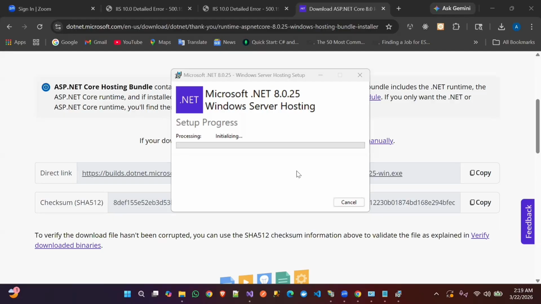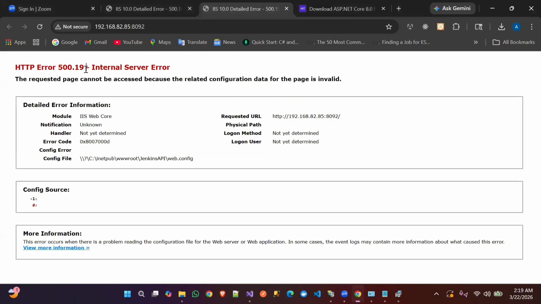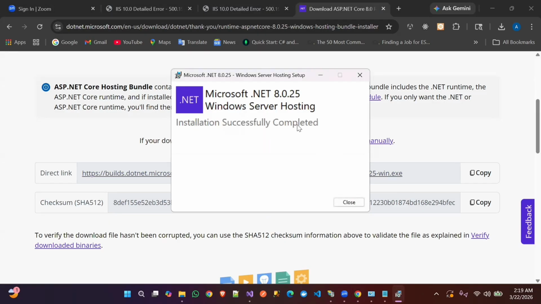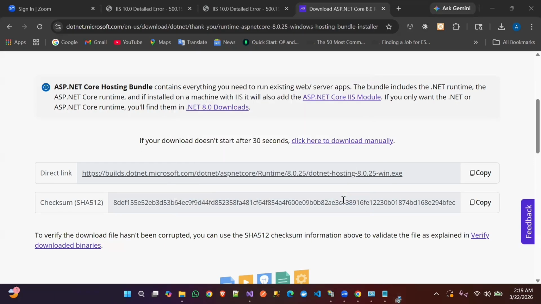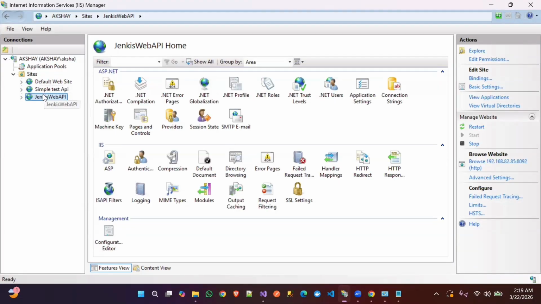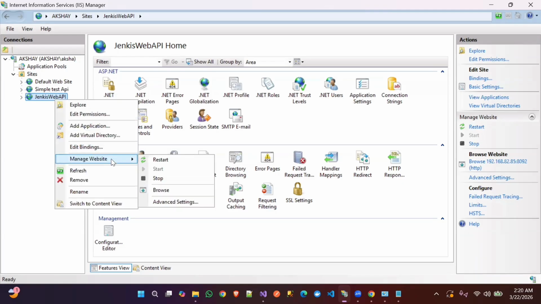So basically, we have to fix this 500.19 internal server error, which told you that your .NET runtime has not been installed. So you have to install the runtime hosting bundle for the specific .NET version. You can see that my .NET 8 hosting bundle is successfully installed. So now I refresh my project, and I will simply restart it. After restart, I browse,